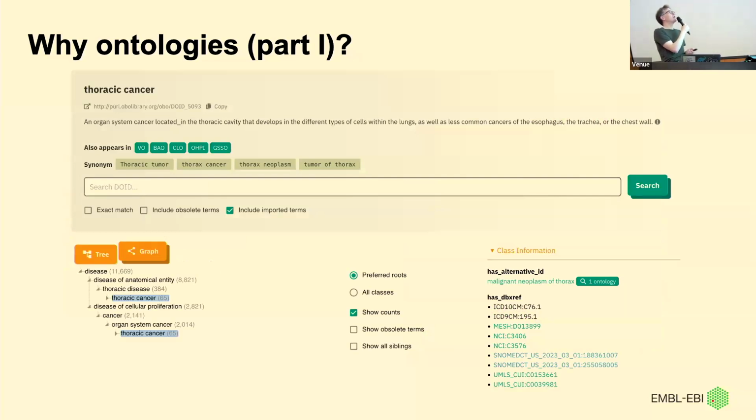And this is an ontology called the human disease ontology. There's lots of information in this slide, but one of the things to focus on here is basically a unique identifier, a kind of world resolvable identifier that uniquely describes thoracic cancer. So, great, maybe we can use this. Like data models, this becomes more complicated as soon as you start to look at it in detail. One way to illustrate this is down the bottom right here.